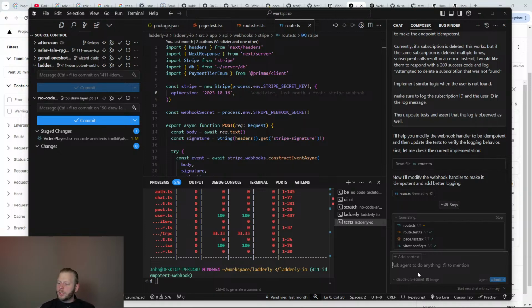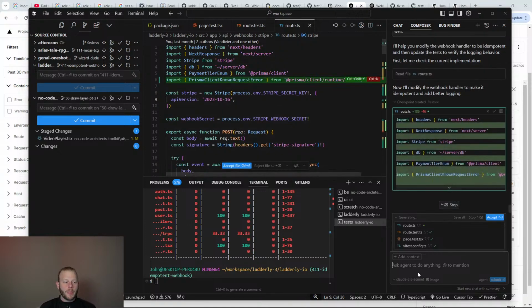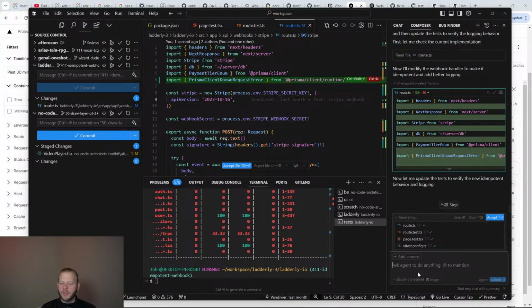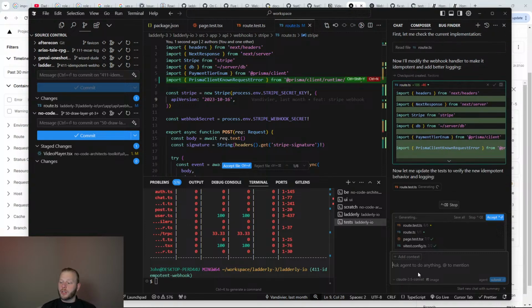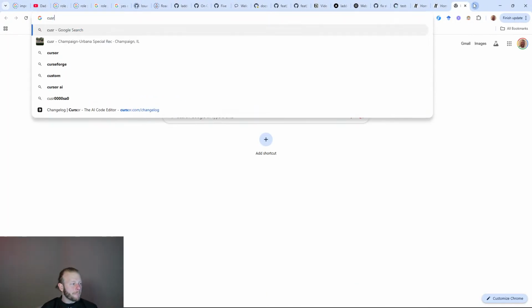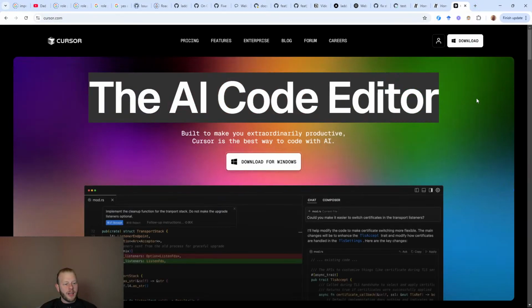Is that Visual Studio Code? No, it is not. It is Cursor, which is a fork of VS Code, but it has an AI agent that's really, really useful built in. So I recommend the Pro version. It costs $20 a month. Highly recommend it. What software is this? The software that we are using is called Cursor. Cursor.com, Cursor IDE, the AI code editor.